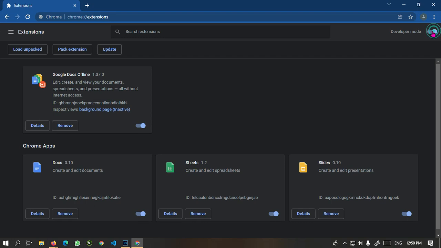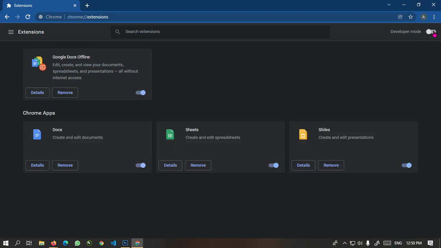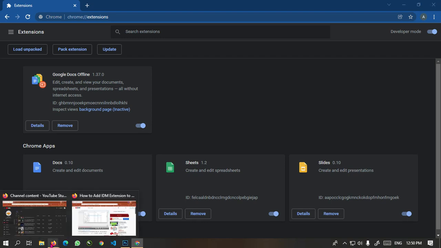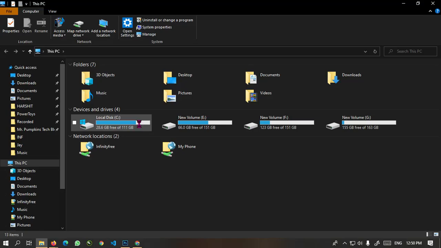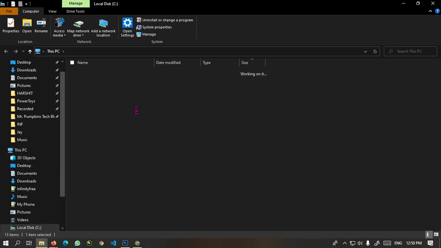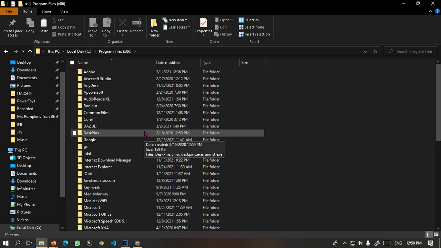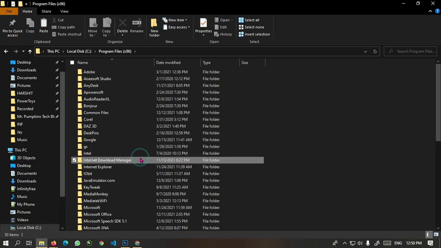First, enable the developer mode on the top right corner. Once you have done it, you have to go to your PC where IDM is installed. C drive, program files, Internet Download Manager,